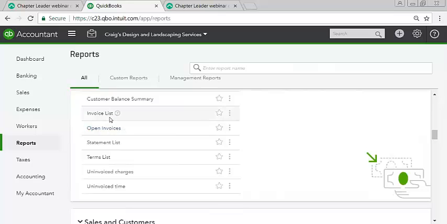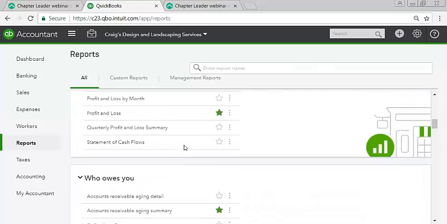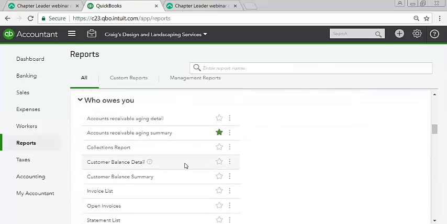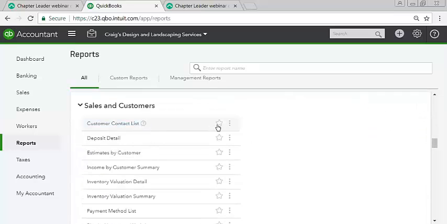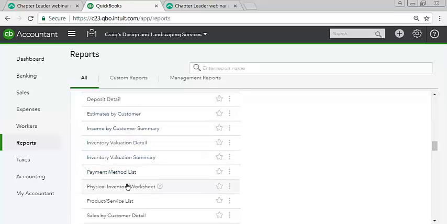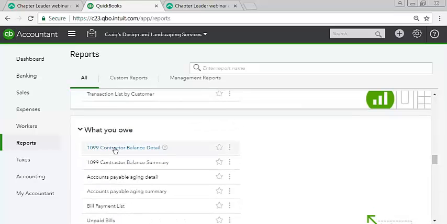See, open invoice list. This is why it's important to do invoices versus journal entries. You have collections report, customer balance summaries, customer contact list. So if you just want to see a list of all of your customers, deposit details, what you owe if you have 1099 contractors,